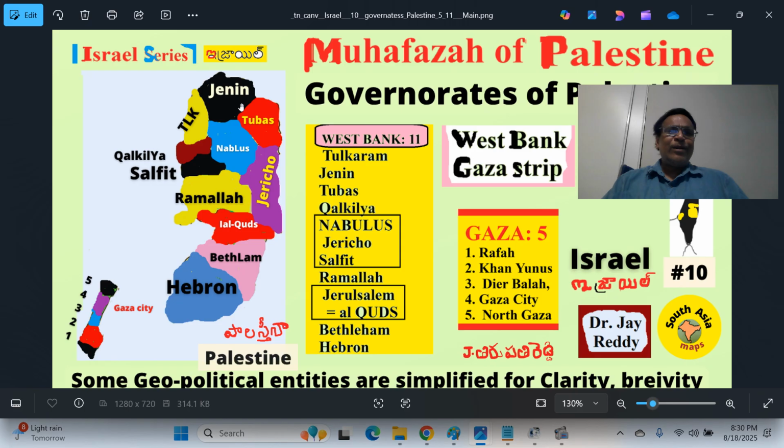Here in the northern part is the Samaria region. This is the Judea region, this is the Samaria region, this is Jenin. This is close to the Jezreel Valley of Israel, where the Kishon River flows, a well-watered, fertile area. West of Jenin is Tulkarm.